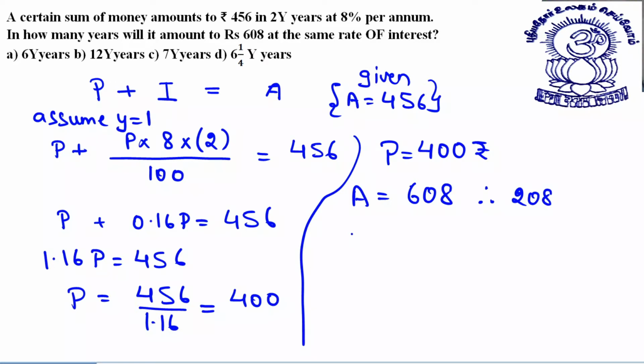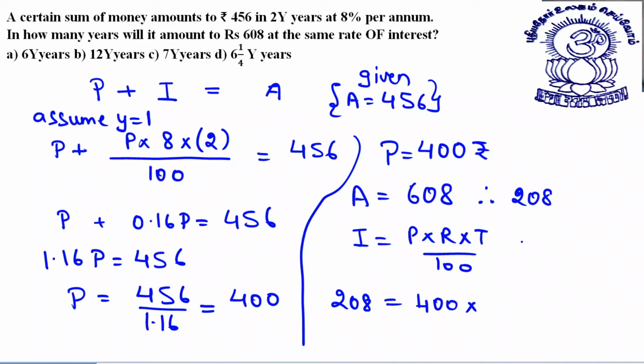Now what is the formula for interest? Interest is equal to P into R into T by 100. So 208 is equal to P, which is 400, times the rate, which we already know is 8, times the time, which we need to calculate, divided by 100. Double zero, double zero cancel. Okay. 4 into 8,